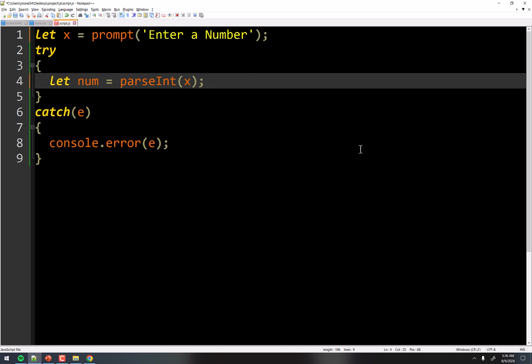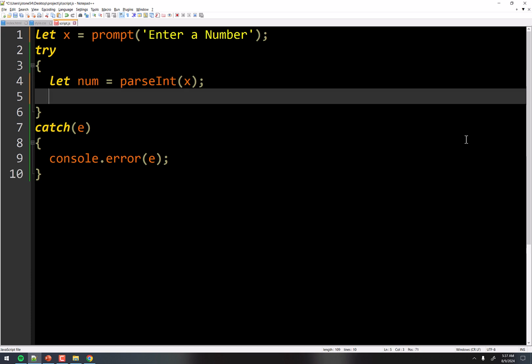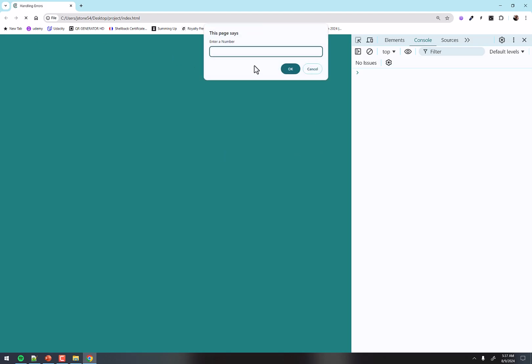If I enter a string like Bob and I try to parseInt, it'll give me an error, an NaN, not a number error. So that's what we're going to be checking for. So let's just start in our try block to let num equal the numberified version of x, if you will. Then, let's just console it first so we can see what's going on. So console num. If I refresh here and I enter a number, 10, it just consoles out 10. If I refresh it again and I enter Bob, it just gives not a number.